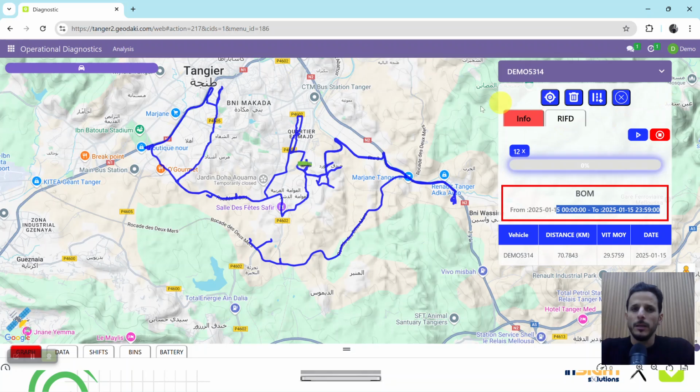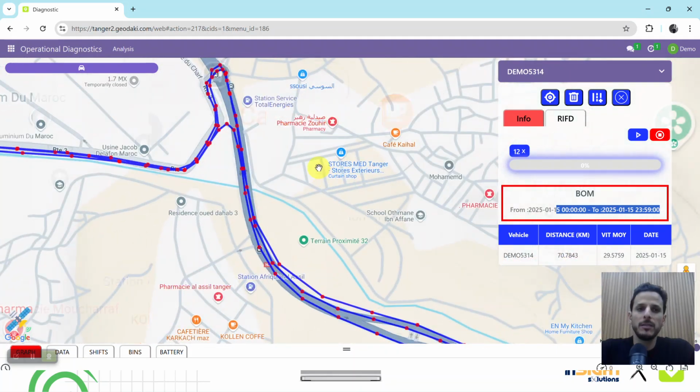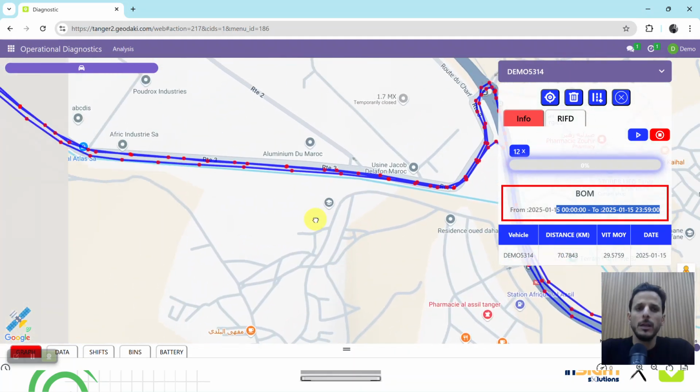Okay. On this menu too, we have this button here where we can choose to display all the GPS points that have been sent by the GPS device that is installed in this vehicle. And we can see here all these dots are GPS points that have been sent by the GPS. And if we hover on each point, we can see the date and hour of each GPS point